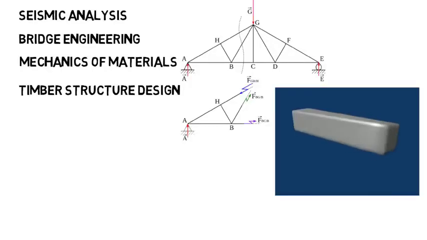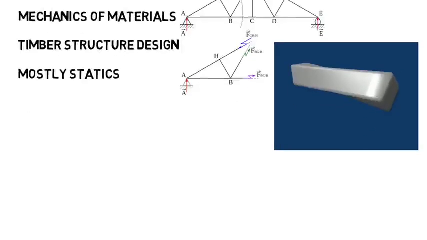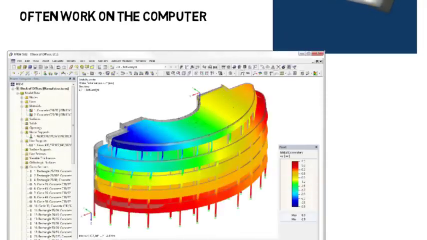See how even if you choose structural engineering, you could still take many different classes from the other structure students? It's a very broad major, but hopefully you really get the idea by now. Lots of physics in this discipline, but mostly statics or forces and structures without movement. In the real world, these engineers often work on the computer and use software for their designs, where that software does that advanced math to determine the forces throughout the structure, like you see here with an office block and its components.